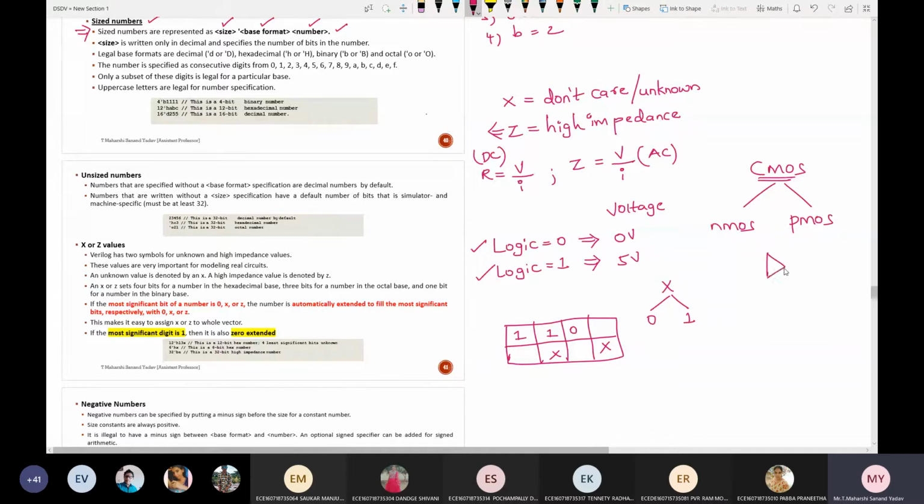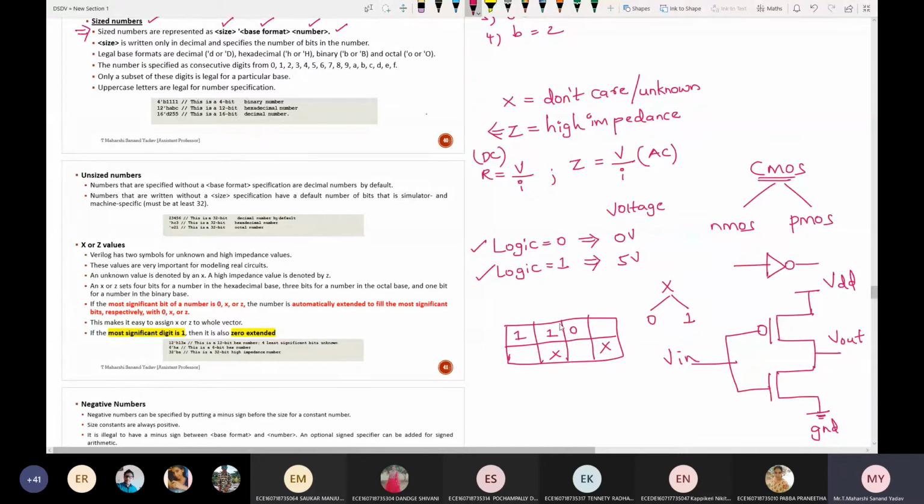I'm implementing this NOT gate by using NMOS and PMOS. I hope you have gone through these symbols, identifying which one is PMOS and which one is NMOS. Above one is PMOS, below one is NMOS. This is ground, this is VDD. Here I'm giving input, and here I'm taking V out.